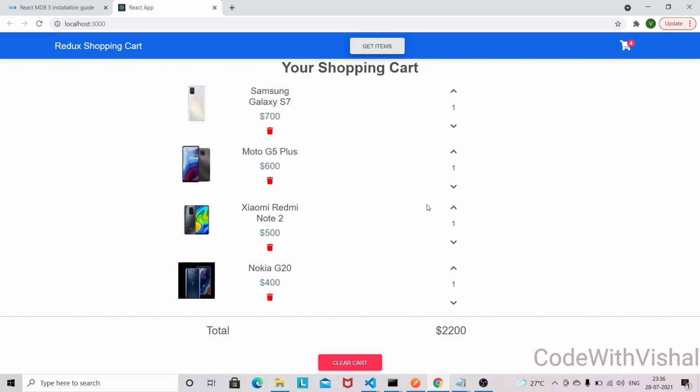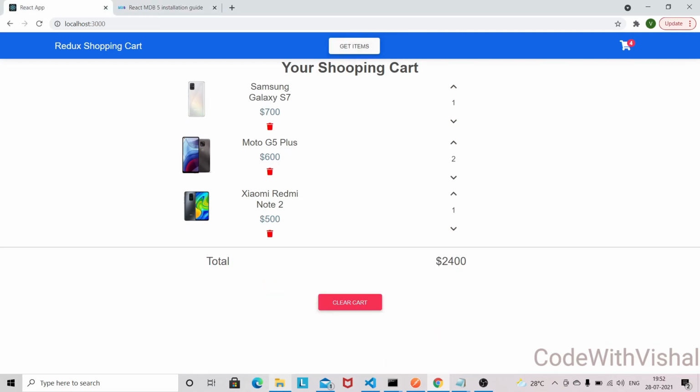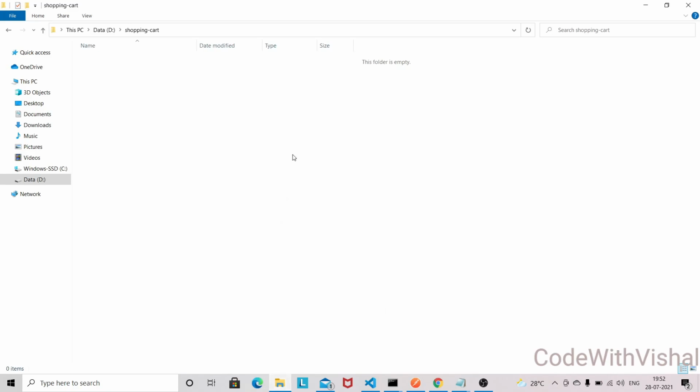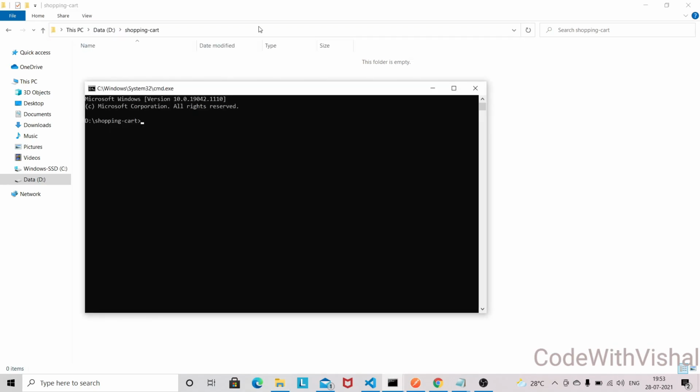So let's start building this application. As you can see, I am in my directory, and I'm going to open one CMD here and create a project. For the project name I will use npx create-react-app, and the project name will be redux-cart-app.